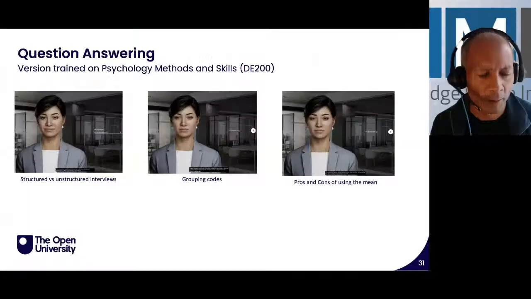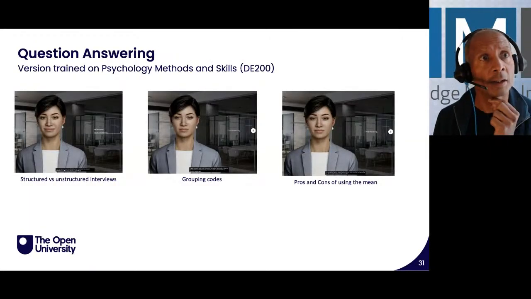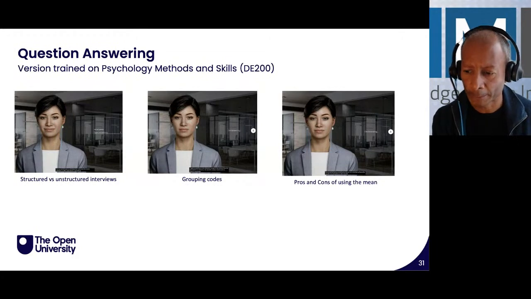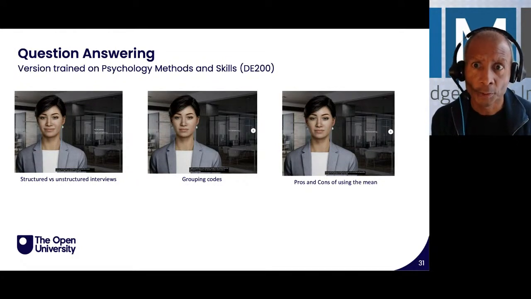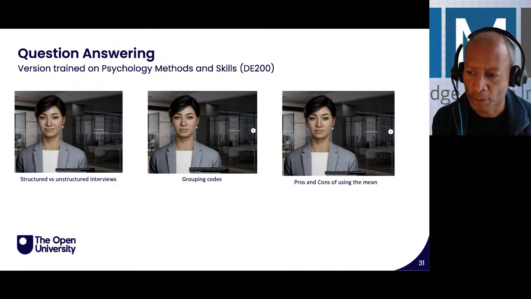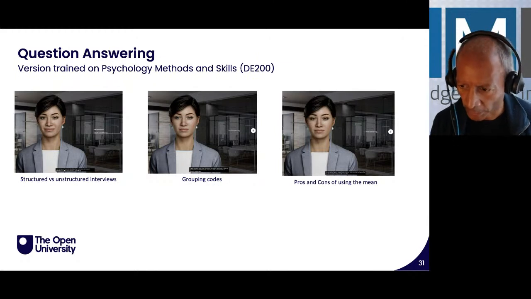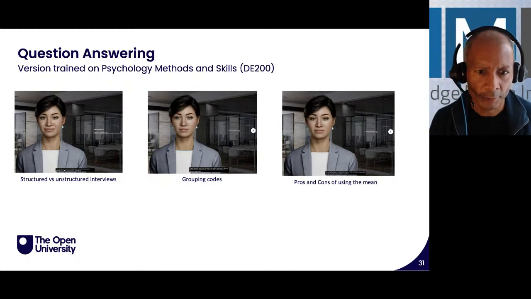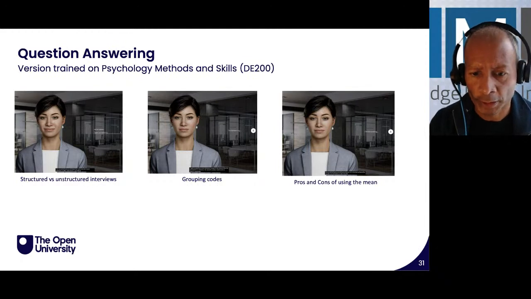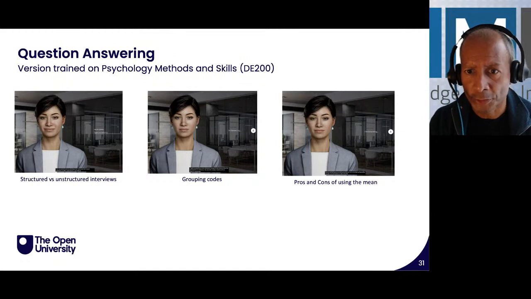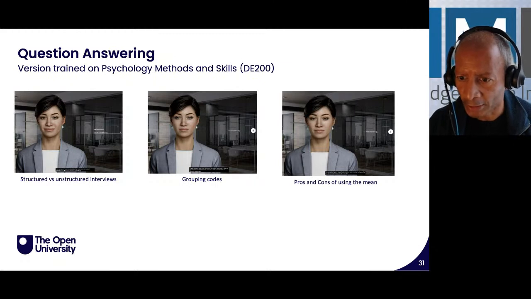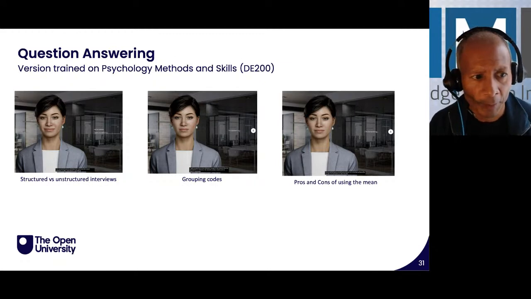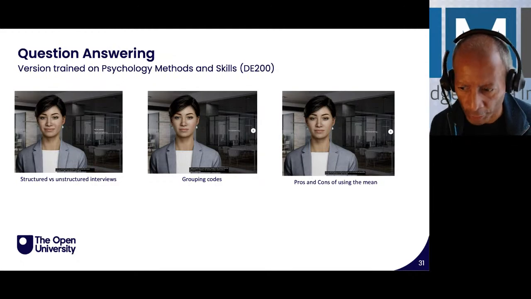Yeah. So one thing we've done is connected a generative AI tool like the one I showed you to another AI system. There are some AI systems coming out which act like human avatars. And what I'm hoping you'll hear now is I ask a question. The generative AI here has been trained on some psychology materials, methods and skills course, and it will give an answer. You'll see the answer come up as text, and then the AI avatar will speak the answer.